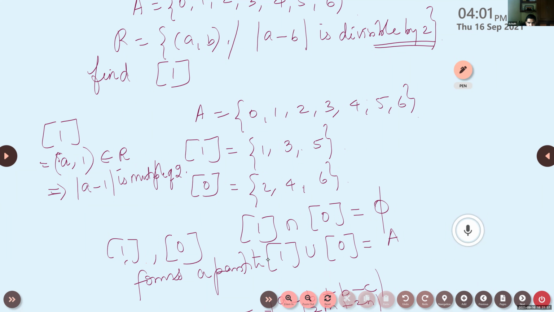Can you explain a question in the PDF that we sent yesterday? Which one? Ma'am, yesterday you had posted a PDF of a book. In that, the second question, maximum number of equivalence relations on the set 2, 3, 4. Okay. We are going to do a similar question soon, not that same number. Numbers will change.